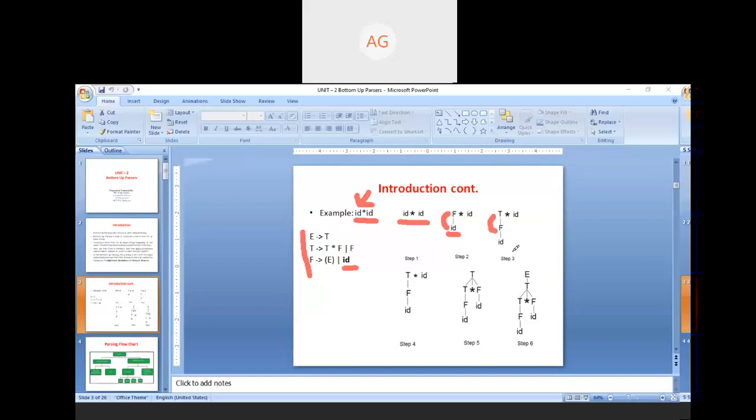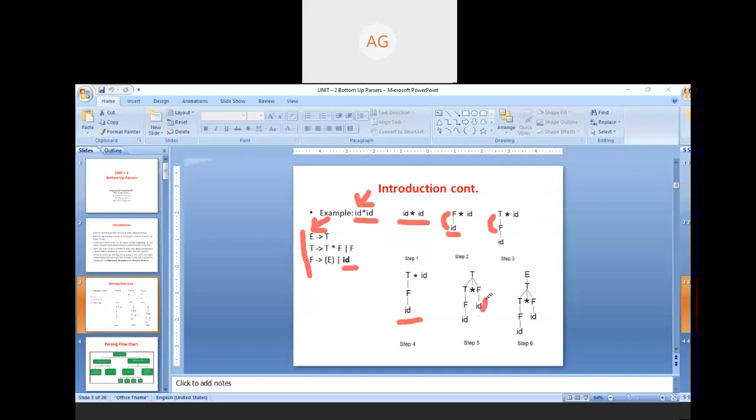So basically our aim is to reach the start symbol at the bottom of the parser. So here the start symbol is capital E. So you need to move to the start symbol. As we are in step number 3, we reached this point at capital T. Here you can see that step 4 is just a repetition of step 3, but in step 5 you can see that there is one more id. This extra id can also be derived from the f produces id production.